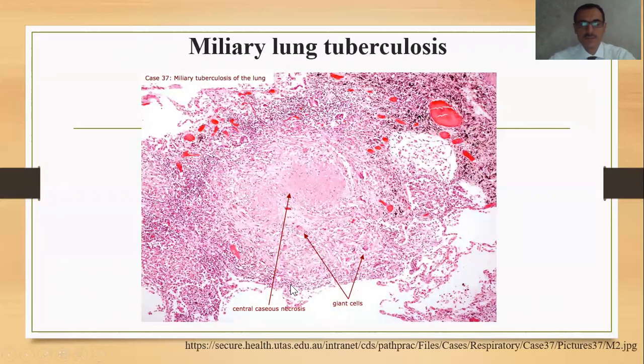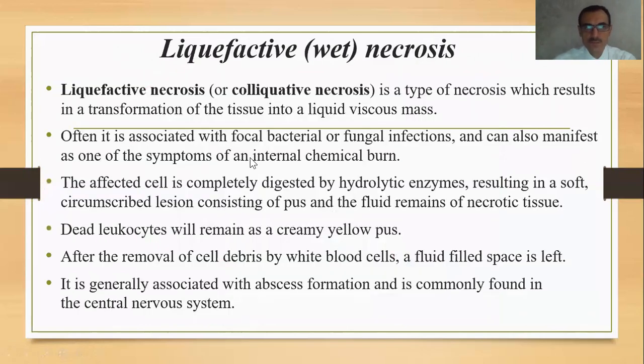Another very good example from the tuberculosis of the lungs. Here, as you see, the miliary tuberculosis of the lung, the caseous necrosis. This is the dry necrosis. The colliquative or the liquefactive necrosis